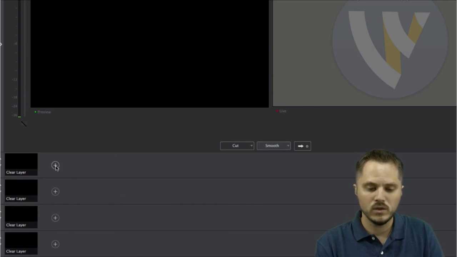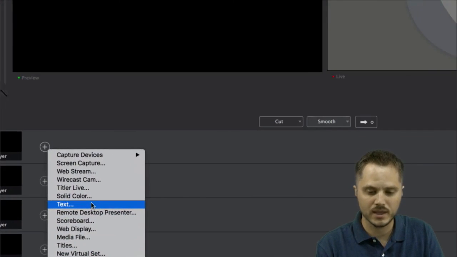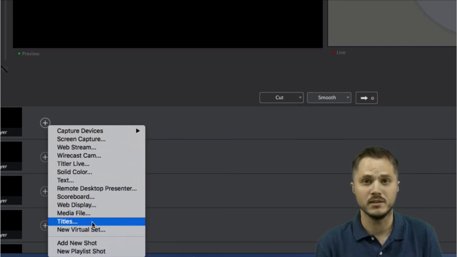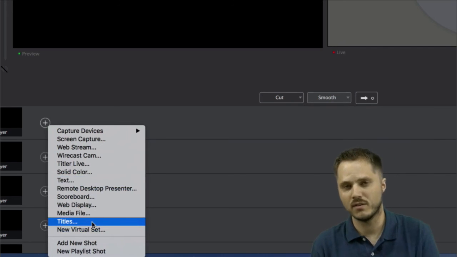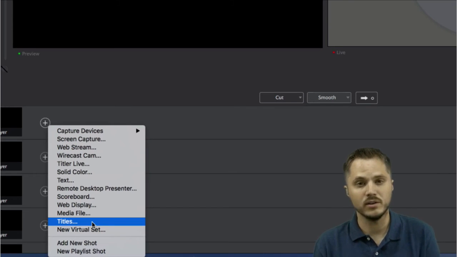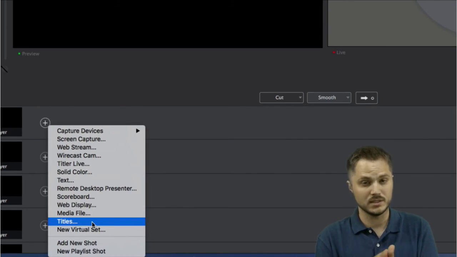So when you click on the sources list, you'll see 2 options here. You see the text and you see titles. And up to this point, I wanted to really talk about how they're very different. The titles are the traditional titles that you're used to in Wirecast, and the text is kind of this new live dynamic thing. Well, it turns out that wasn't totally the case. Titles actually are more of a hybrid. They still have the old layouts, templates, and styles that you're used to from our title library.